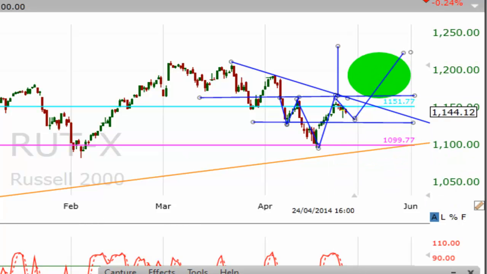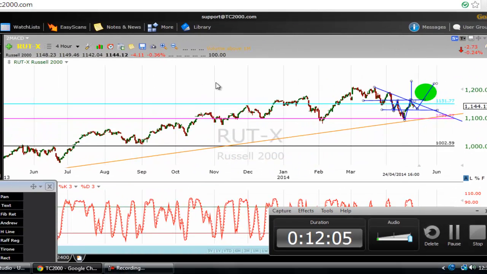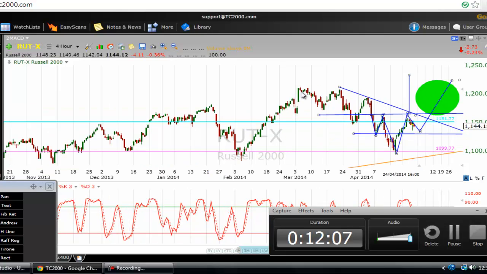Always remember that there are traders that are selling this financial instrument, the Russell 2000, right now, because the price failed to display a new high on the yearly chart. These are not ordinary market participants. These are hedge funds. These are the banks, and they know that. They are careful if they are buying now, and they will be completely bullish only when we go above the high of